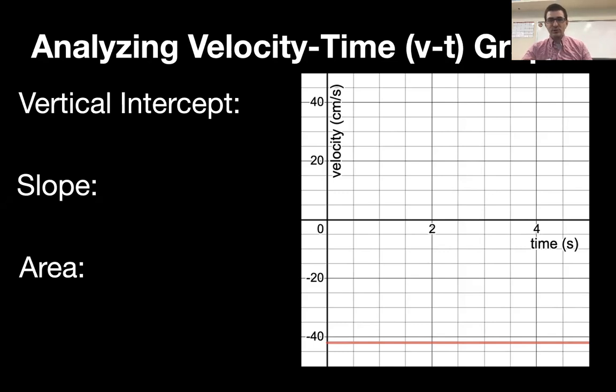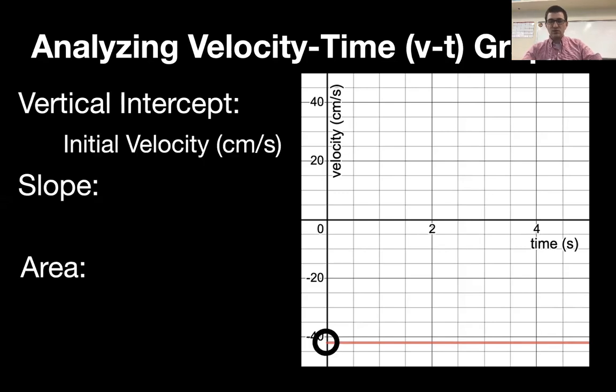So some pretty simple things are the vertical intercept. Much like the position versus time graph, the vertical intercept tells us what is the velocity when time is 0 seconds. So we're just going to call that the initial velocity. Pretty straightforward. Now slope is where things start to get a little bit interesting, except for this graph, the slope,